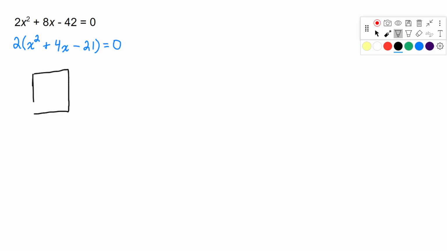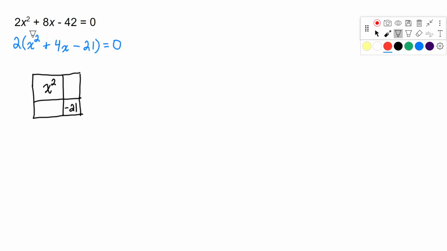So if I start with my area model, and I enter the first term of x squared and the constant of minus 21,